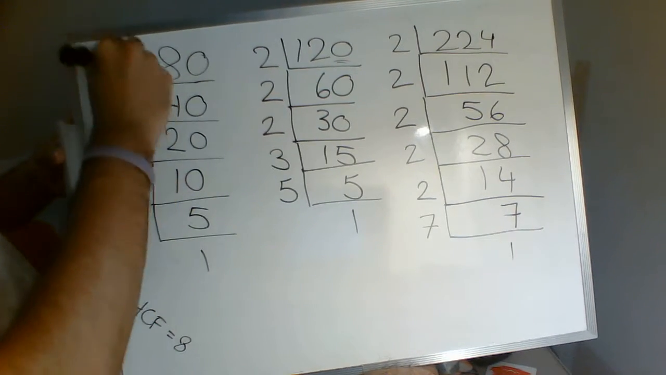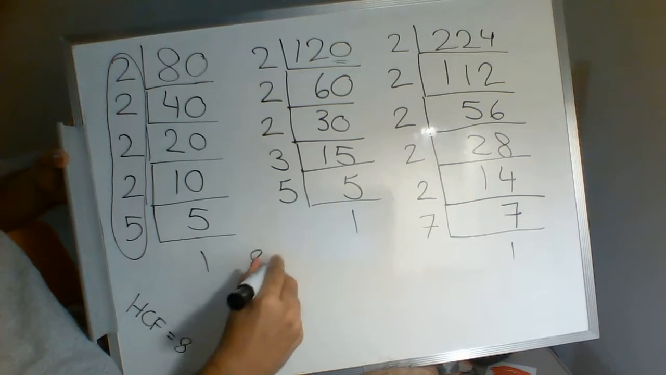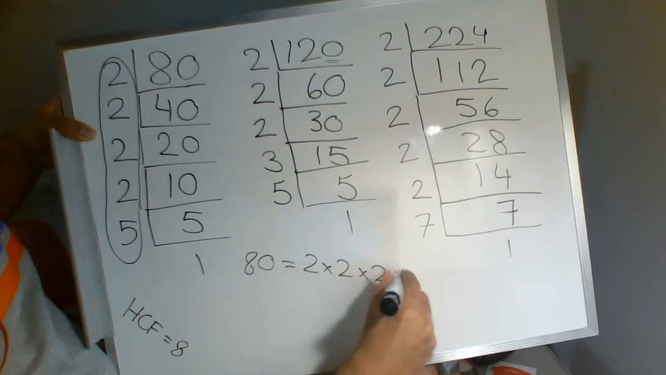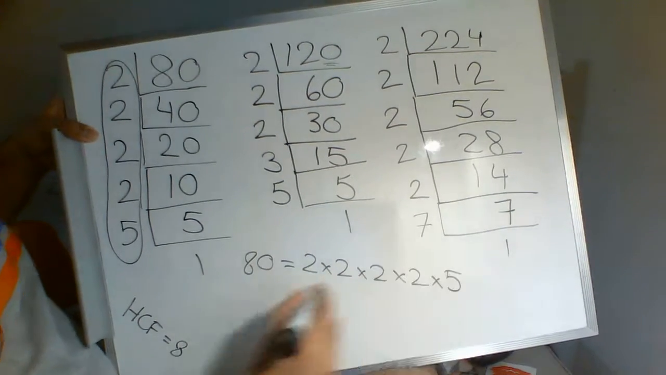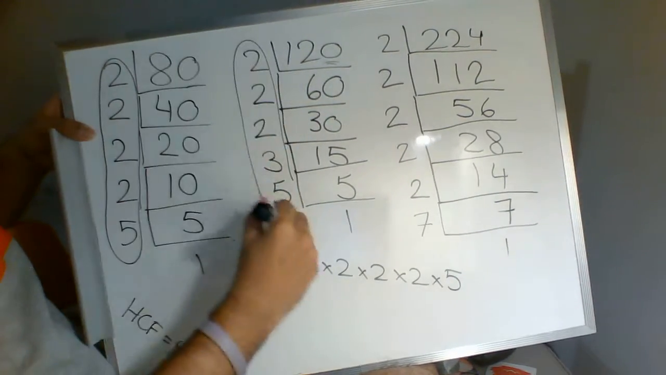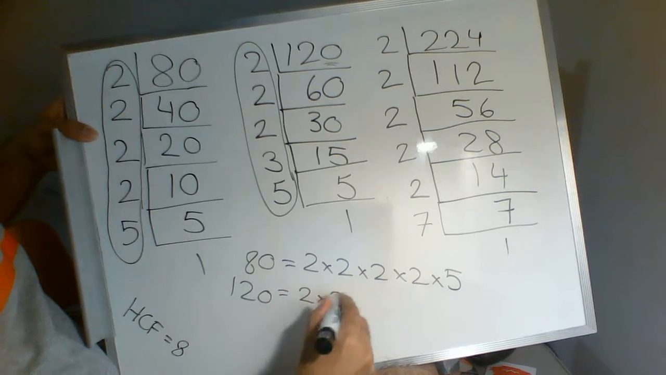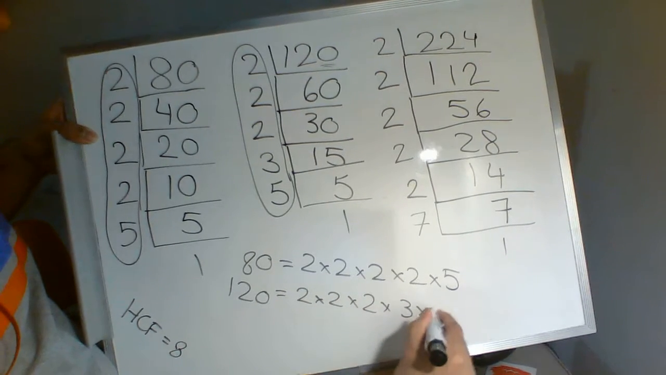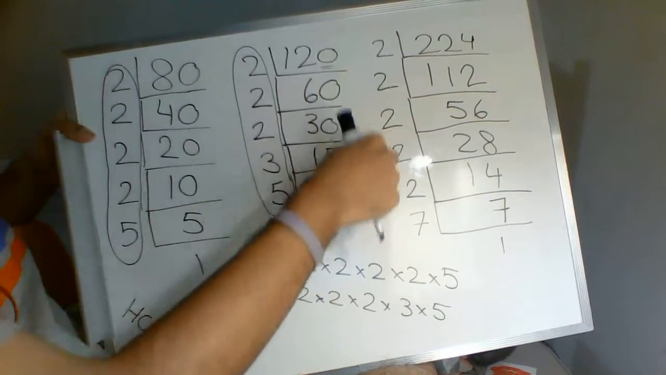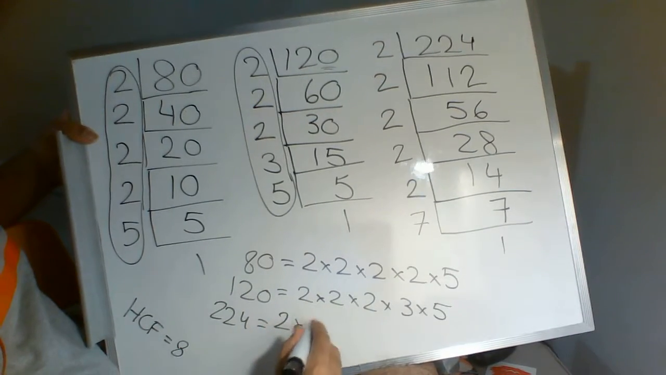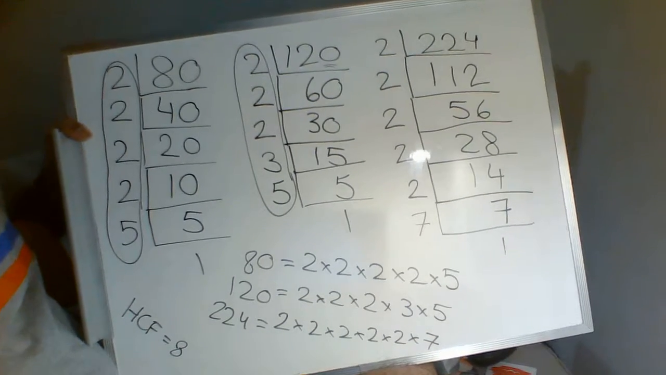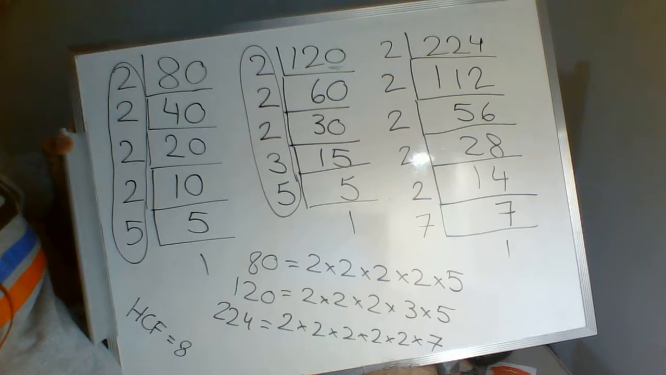Now 80 we can write as the product of all of these over here, right? So we've got 4 2's and a 5. So 2 times 2 times 2 times 2 times 5. For 120 we've got 2, 2, 2, 3, and 5, all multiplied together. And for 224 we've got 5 2's and a 7. 2, 2, 2, 2, 2, 7. Alright, hopefully that's all making sense. And then we do the same